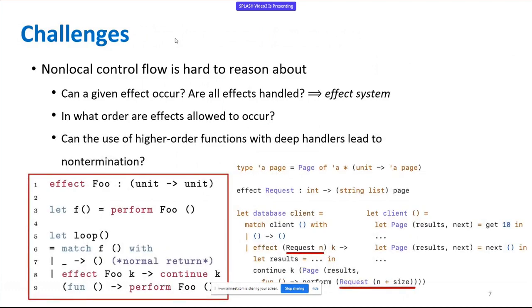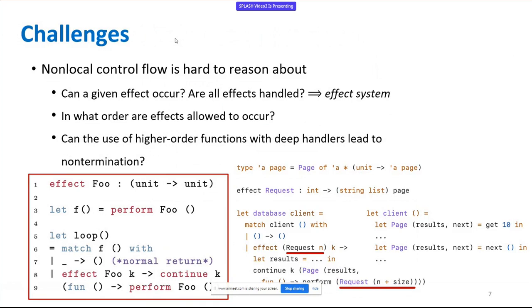Finally, since we can pass arbitrary values between an effectful program and its handler, it's possible to pass another effectful program, right? So this may be handled by the same handler and lead to loops. So there is a snippet on the left, which is a very simplified version of the problem, right? So foo is an effect which, when performed, produces a callback to be invoked, right? And so the perform in line 3 is actually a curried application, right? The perform foo performs the effect, and this returns a function from unit to unit, which is then applied to unit, right? And then we may perform further effects as the result of this